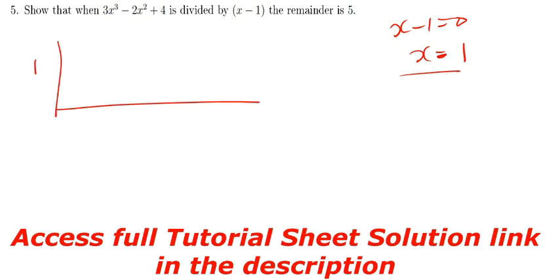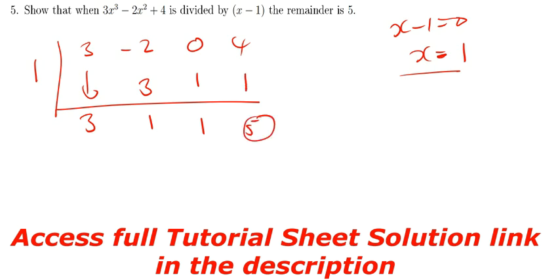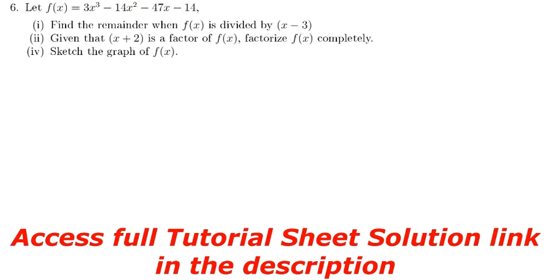Using synthetic division, this is 1, so here will be 3, negative 2. We know that the number after x to the power 2 is just 0x, so it should be 0, then 4. So bring this down. So we have 3, we have 3 times 1, that is still 3. Negative 2 plus that, it should be 1. 1 times 1, 1. 0 plus 1, 1. Then if we do that, we'll end up having 1. 1 plus that is 5. So this is my remainder. So now using this, I've shown that the remainder is 5. As simple as that. So let us look at question 6,